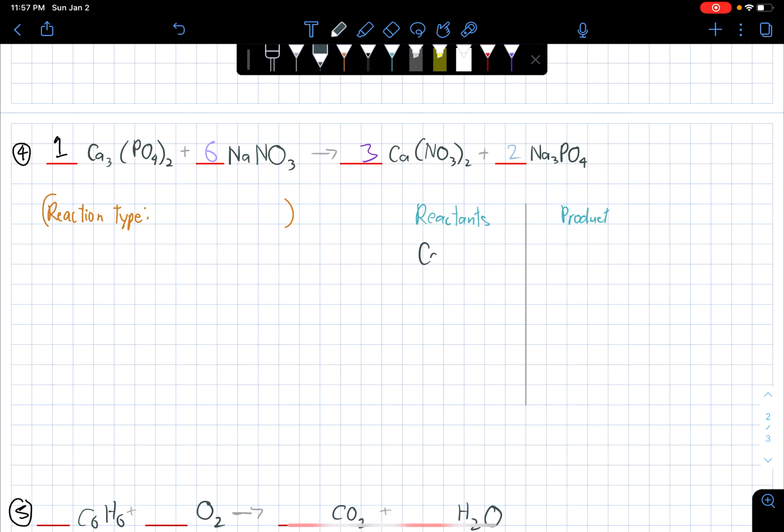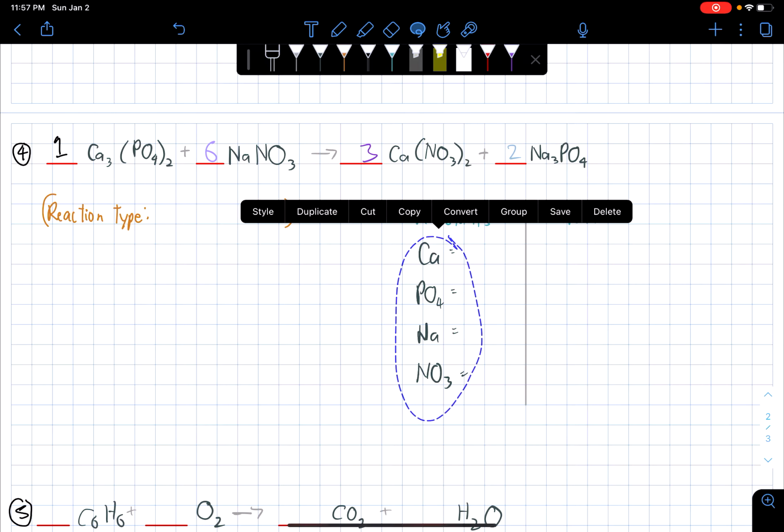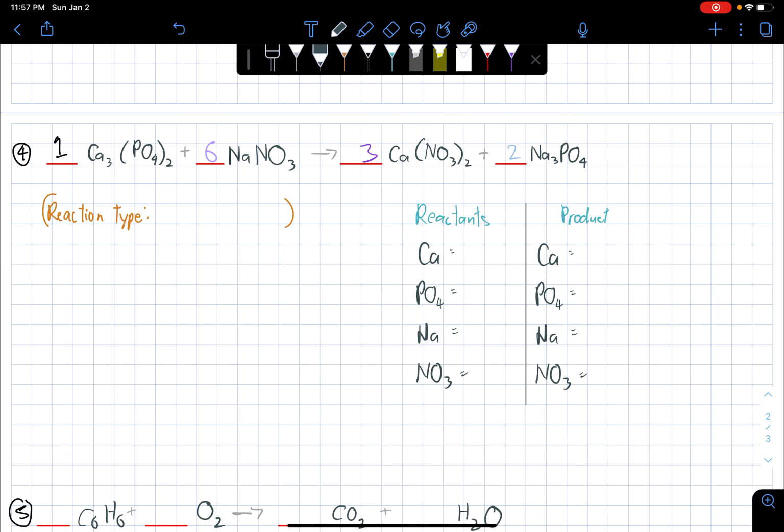for the reactant side, we have calcium, PO sub 4, we have sodium, and NO sub 3. Right, we'll just copy paste that for the product side. They're always the same, but the subscripts may not be the same always. So for calcium, reactant side, we have 3, PO sub 4, we have 2, sodium, we have 1, NO sub 3, we have 1. NO sub 3 at the other side, we have 2, sodium, we have 3, PO sub 4, we have 1 only. Calcium,